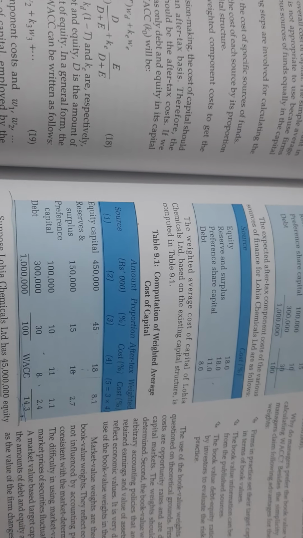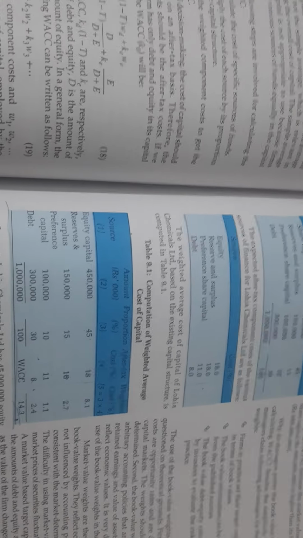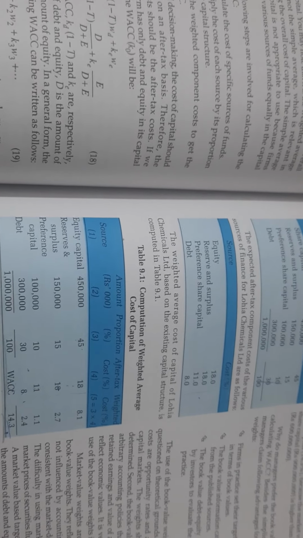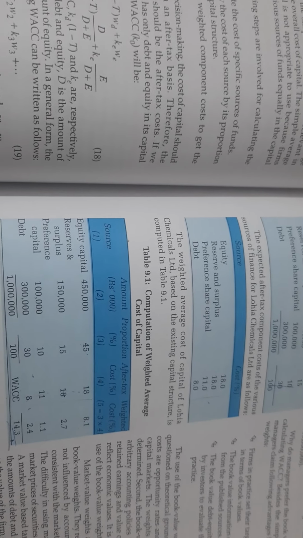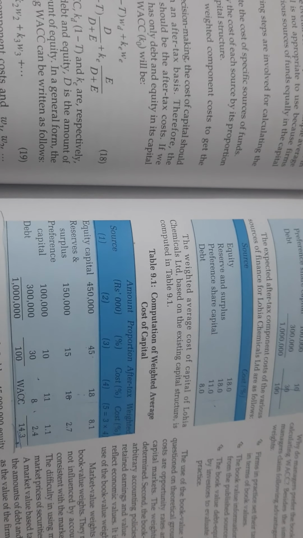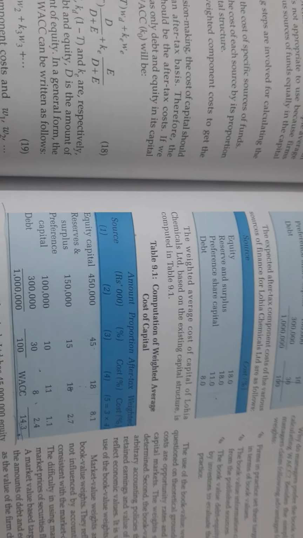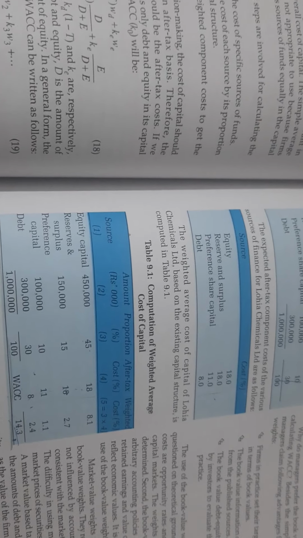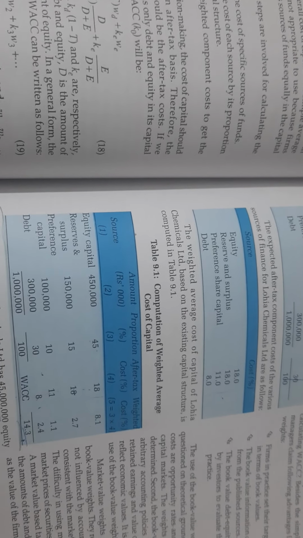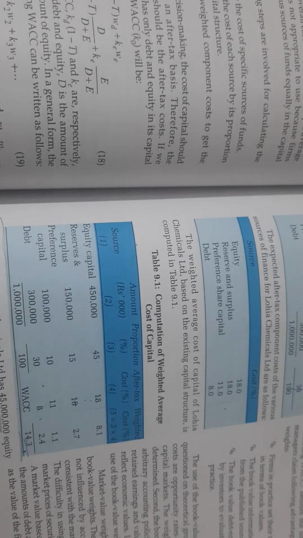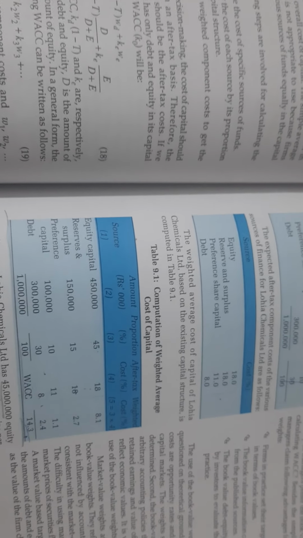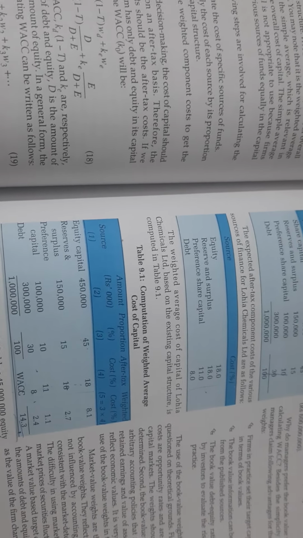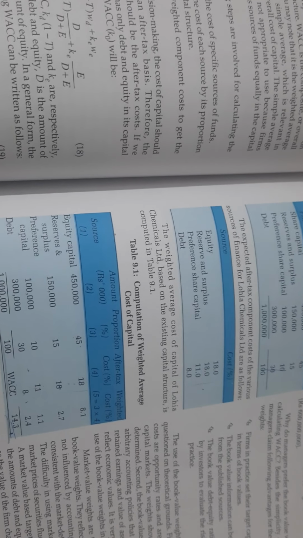14.3. Right. If the question arises whether book values or market values are used by managers for decision making, the answer would be that book values are always used by managers or prioritized by the managers for evaluating this weighted average cost of capital. Right, that's all for the topic of cost of capital numericals.